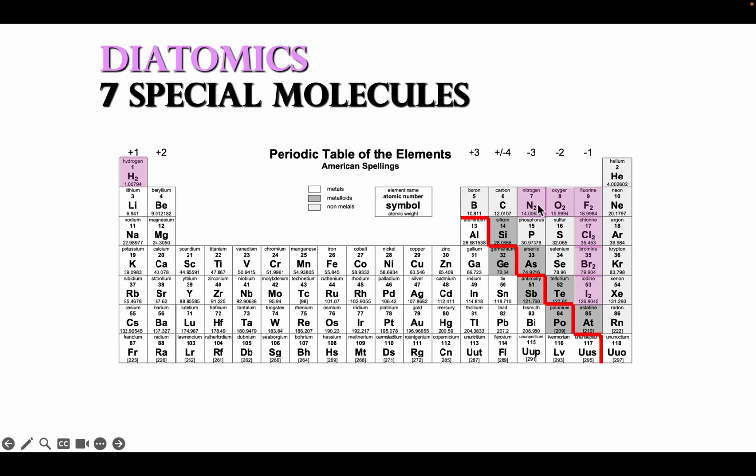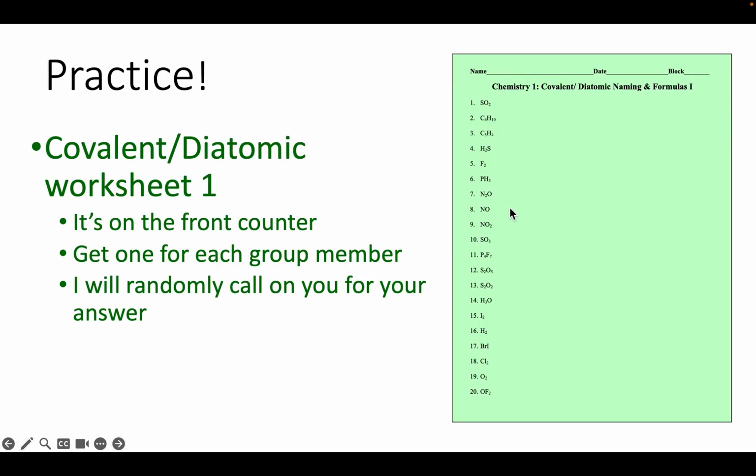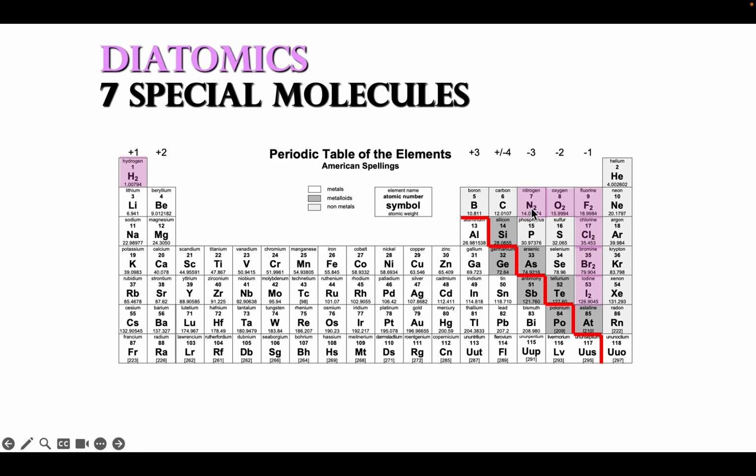And them being diatomics, if you put that 2 there, it doesn't change the mass. Like nitrogen is 14.00. That's still the mass of 1 nitrogen. So if you were to have the word nitrogen, it means N2, and the molar mass would be 28.02. You have to double the mass because it's 2 atoms. But this is a special case for just those 7 because that's how